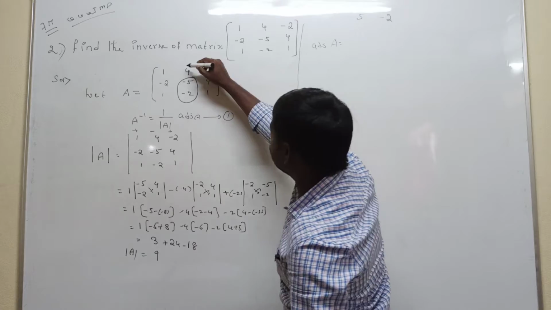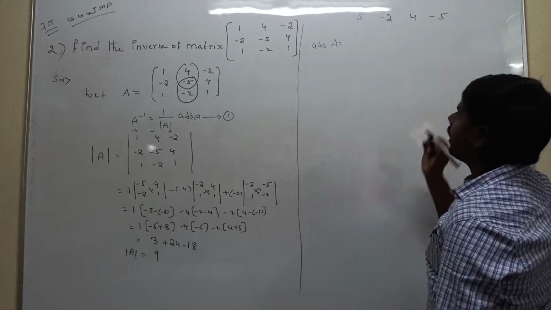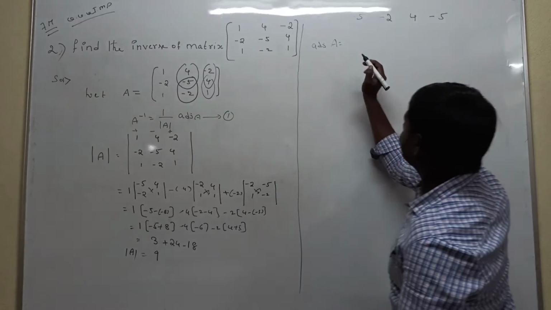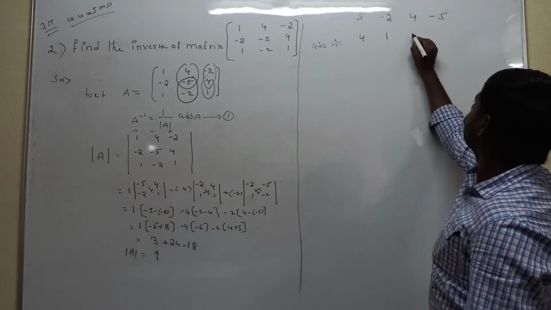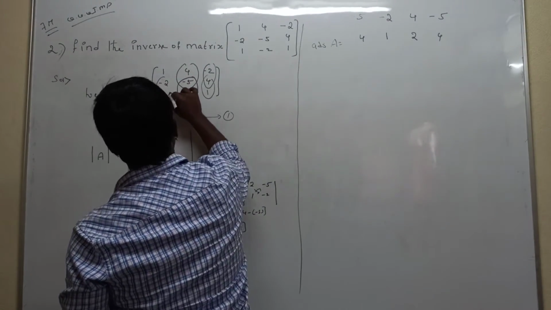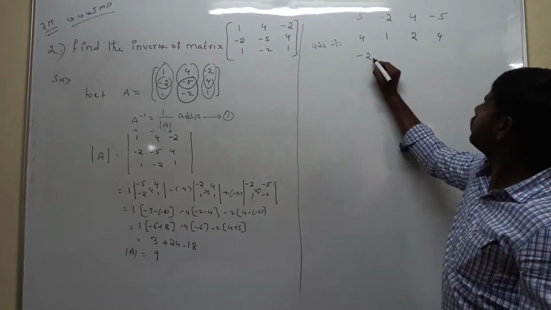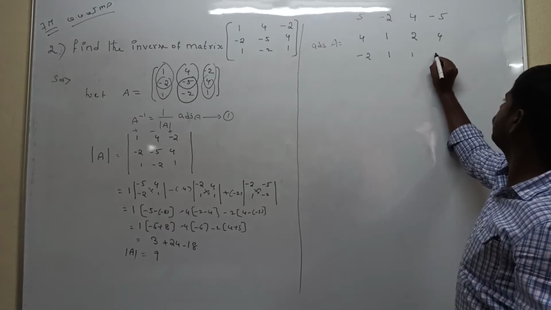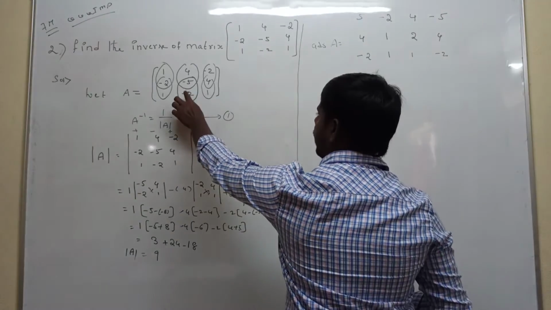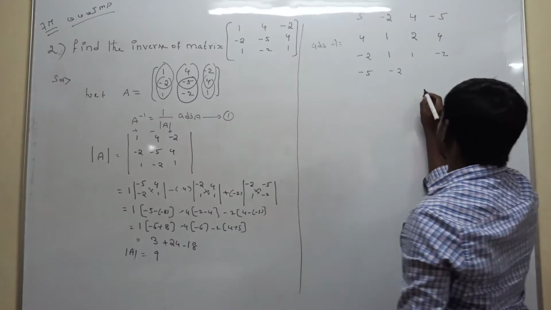Next, up to down. Up to down means 4 minus 5. Next, right-hand side, middle loop down: 4 1 -2 4. Next, right-hand side, middle loop down: -2 1, up to down 1 minus 2. First we are taking -2 1 and 1 minus 2. Start from there only, the ending element is also there only. That's why the ending takes -5 -2 and up to down 4 minus 2.